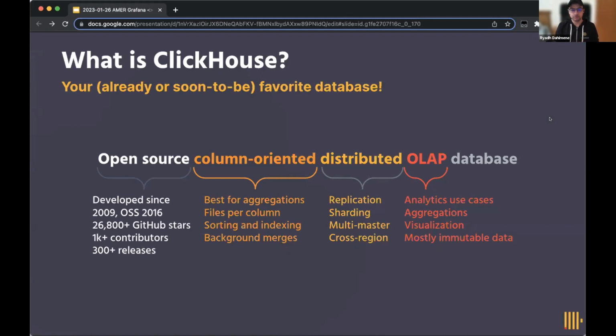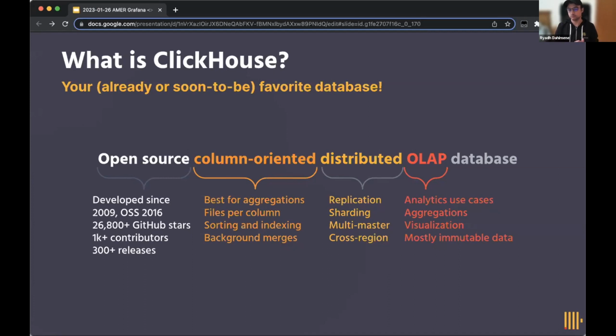ClickHouse is, first of all, an open source project. It's a vastly popular open source project that started in 2009, that was open sourced in 2016, and that is widely adopted for what we refer to as real-time analytics use case. We have more than 1,000 contributors. We release a new version of ClickHouse every month. By the way, the release webinar was yesterday for January, and it is a column-oriented data store optimized to answer